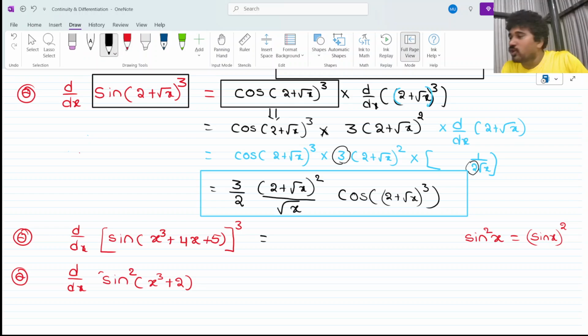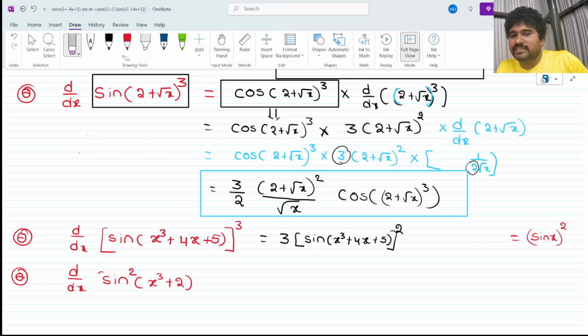Yes, because it is a whole cube. When you are doing 3 into whoever is there, you write it as it is. Whoever is there, you write as it is. Is that clear? Power 2. Am I correct or not? Power 2. Next, what will it be? Tell me. Into